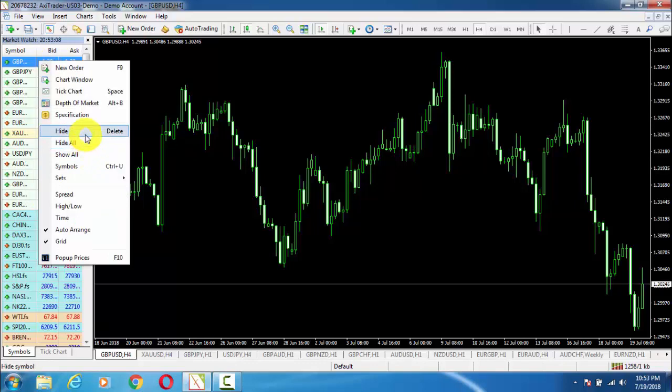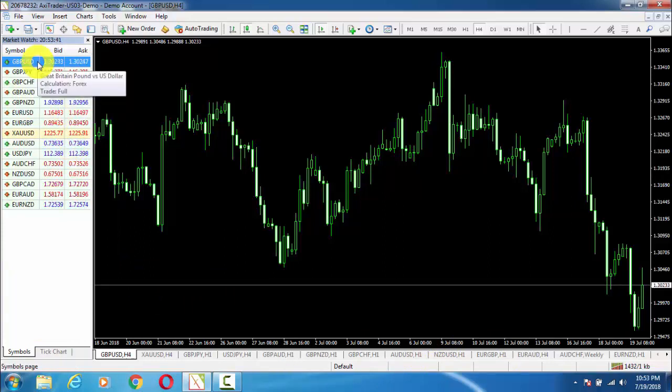After hide we have the option of hide all. Just by clicking on hide all, it will hide all of those pairs whose charts are not present on my market watch. For example, if I click on hide all, you will see that it has hidden all of those symbols whose chart is not present.